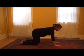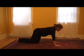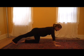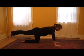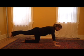And then the final variation will be using both arms and legs. So this requires a lot of strength and balance as well, which may be more challenging as pregnancy progresses. So starting with the right leg back. Again, reach through the heel, curl the toes into the floor, and start with the toes on the floor to begin. Lift the right leg off of the floor, making sure that the heel again is no higher than the hip. Keep the tone in the abdominal area to lengthen through the low back, and then we'll lift the left